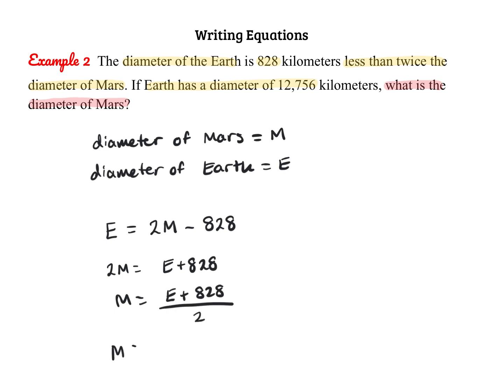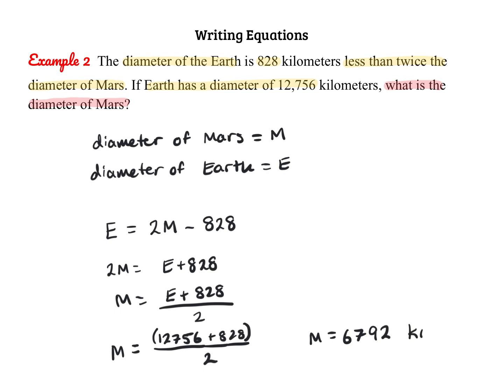And then we can substitute what we know to be Earth's diameter, which is 12,756 plus 828 over 2. And then all we need to do is use our calculator to do this. If you're plugging it in exactly as you see it, you have to group your numerator in your calculator. If you don't, your calculator will only divide 828 by 2, but we want to divide the sum of these two numbers by 2. So just be careful that you actually have those parentheses. So you can plug it in all in one shot. And here we should get